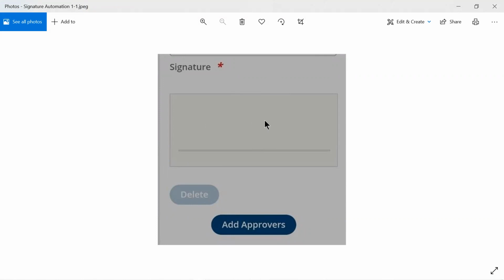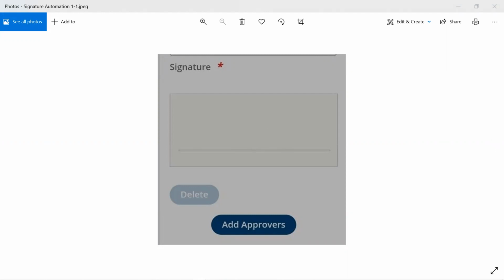Without this signature, I cannot automate my form. That is the challenge I saw here, and I want to see whether it can be automated or not. The advantage in this application is that I don't need to put an exact signature. If you draw something on this, then that is fine.